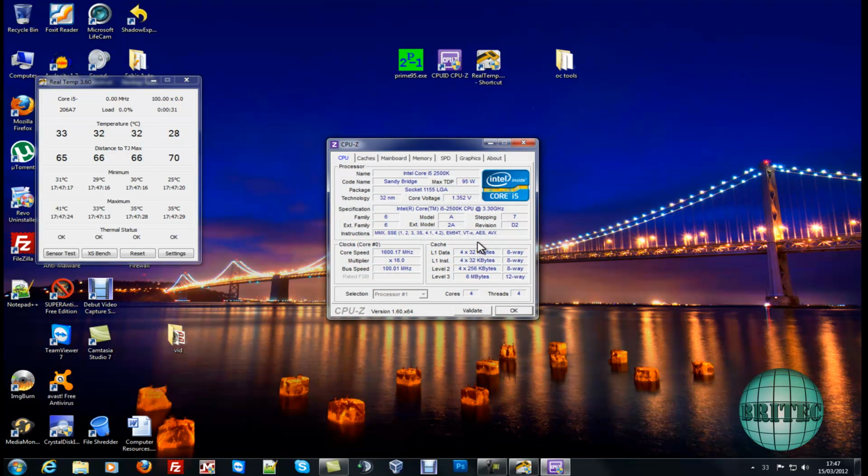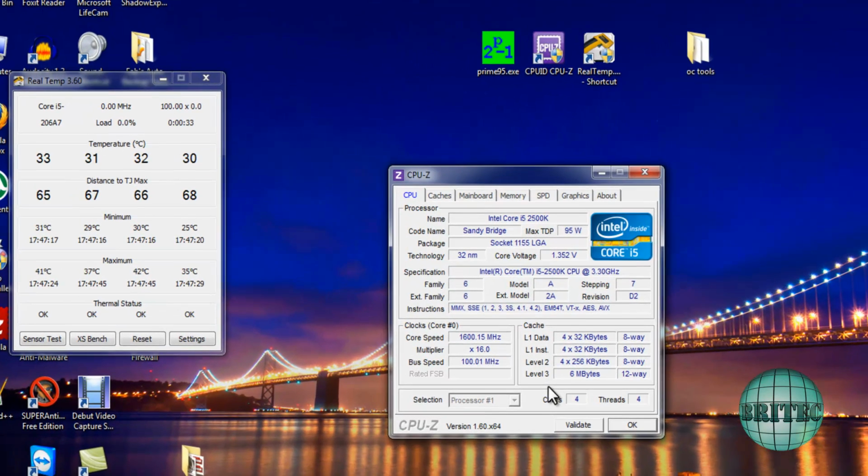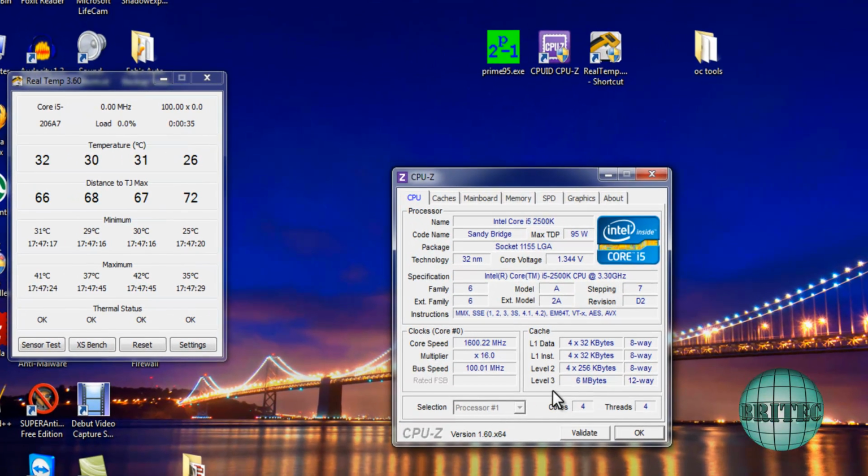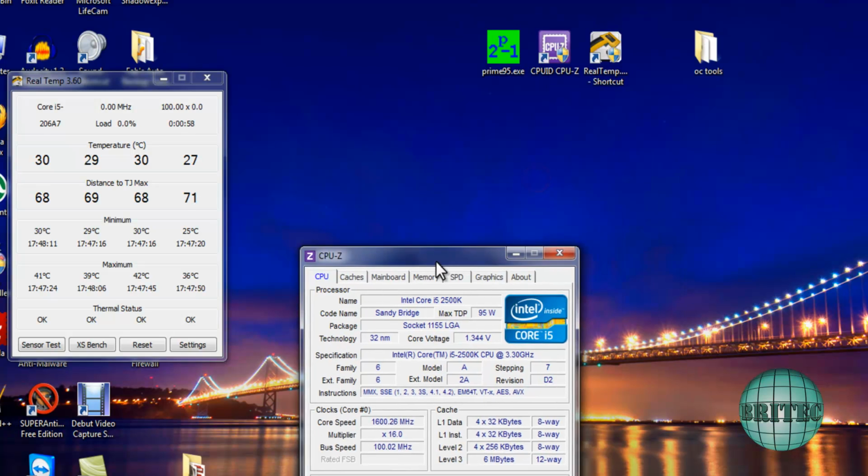Okay, so here we have CPU-Z. Now we've got the Enhanced Intel SpeedStep technology on, so it means it allows it to step down. So when you're not doing anything, it will step down. You won't be running at the full overclock all the time. And this is something that I like to do. If you want to give it the full beans all the time, then obviously you can disable that and it will be running fully at that speed all the time. Now what I'll do is I'll push this to one side,